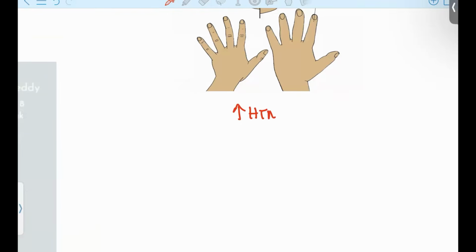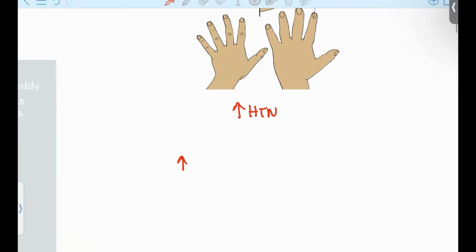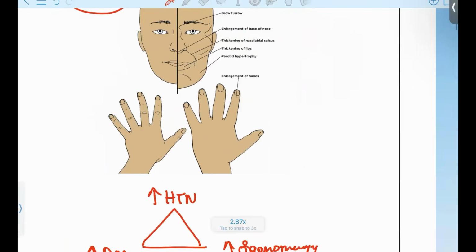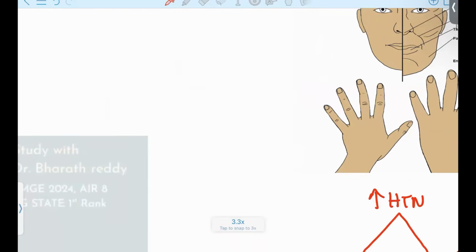The patient will be having severe hypertension and increased levels of insulin resistance, diabetes mellitus. Along with that, visceral involvement is seen that will be leading to organomegaly. Okay, organomegaly. So this is the triad of acromegaly patients. Why is this commonly associated in this patient? So when there is an excess of growth hormone due to any kind of tumor, okay, adenoma of the